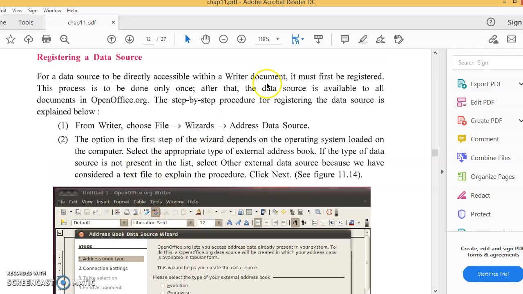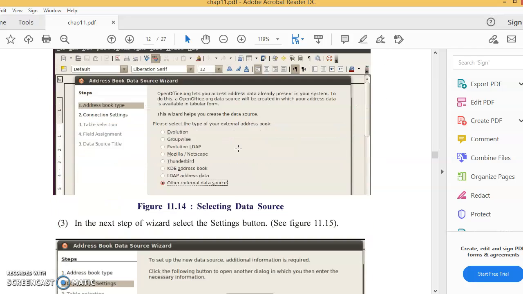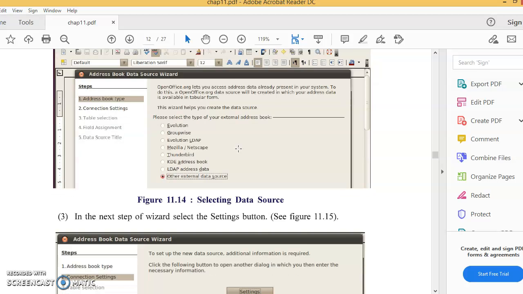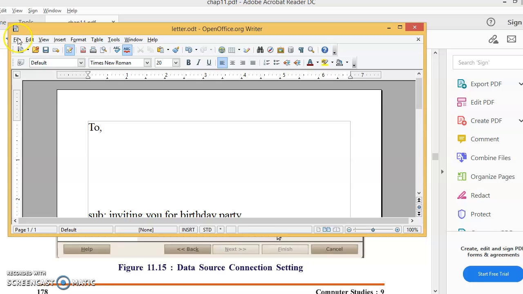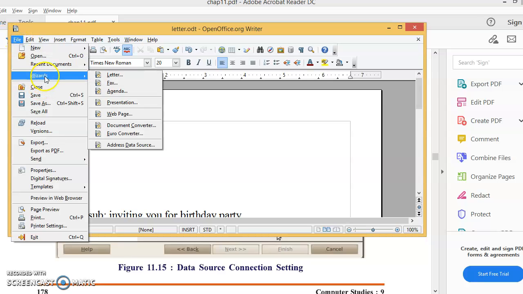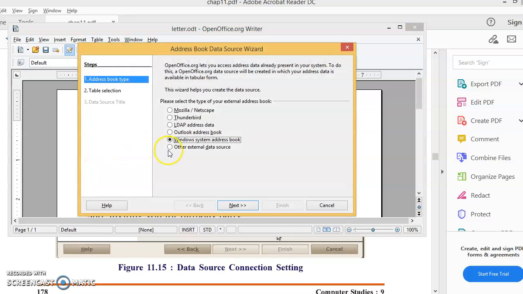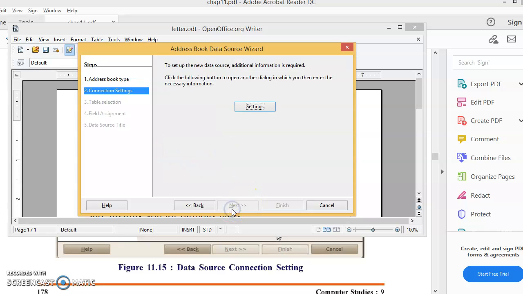File, wizards, address data source. Now click on other external data source, because we are taking data from an external, another file. Click on the next button.